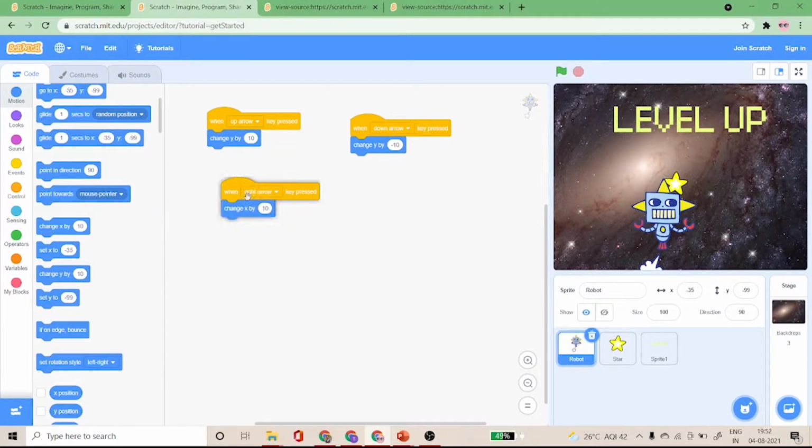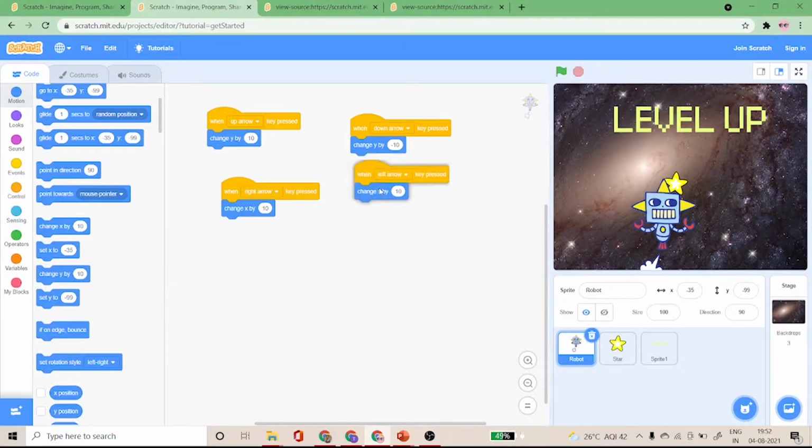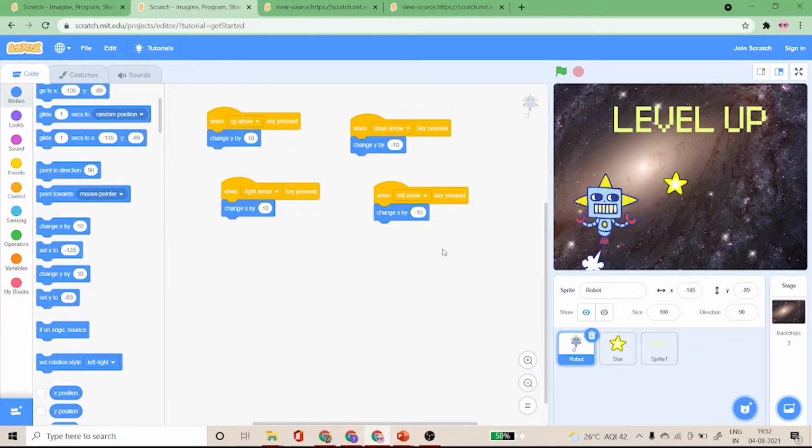Then I'll duplicate it. For when the left arrow key is pressed, I want X to change by -10. So when I click the left arrow, the sprite moves left, and when I press the right arrow, the robot moves in the right direction.